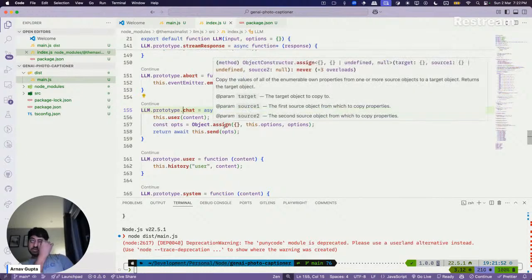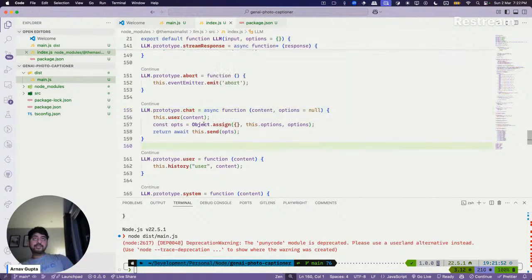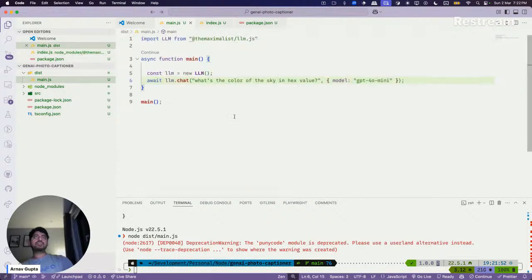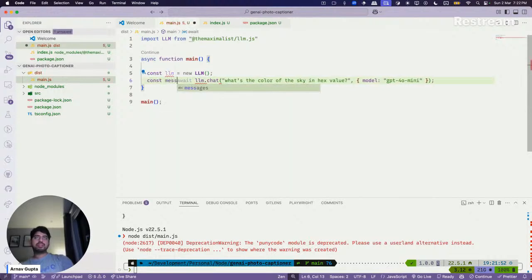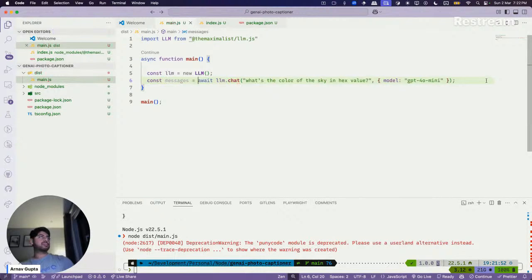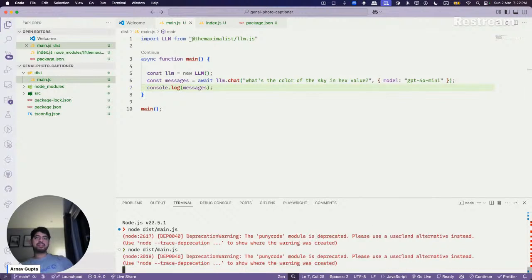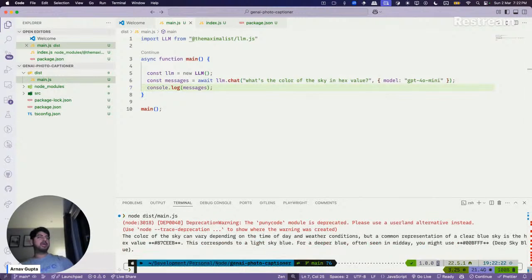Does it return something? Cool. So that works. We can call GPT-4 mini.